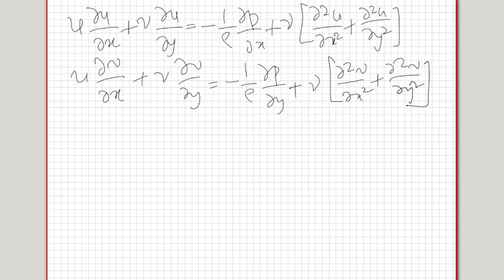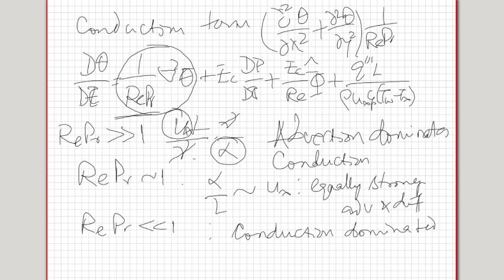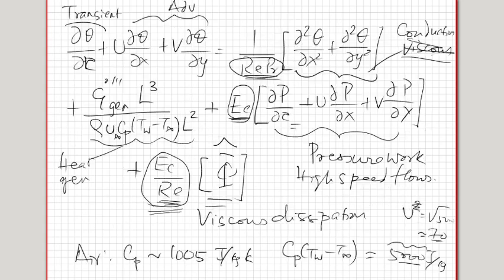Okay. In the same fashion, in the energy equation, if I go back here and say that we have constant properties, this is a one-dimensional equation, but I say that because it is incompressible flow, the flow velocities are low, so the pressure work term is small, neglected, and the viscous dissipation term is also not important, and heat generation is also not important.